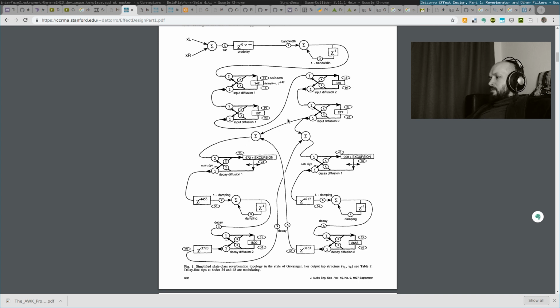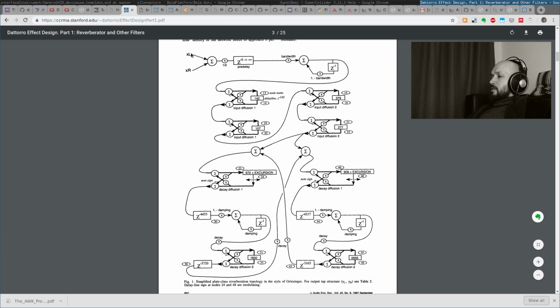Well, David Griesinger in his letter to Jon Dattorro doesn't quite say that this is the one from this model. He says it's probably one of those designed for that model's reverberator. Nevertheless, let's take a look. It's an interesting thing. So we have left and right channels at the beginning, summed to mono and gain compensated. Then what we have is a pre-delay, and these